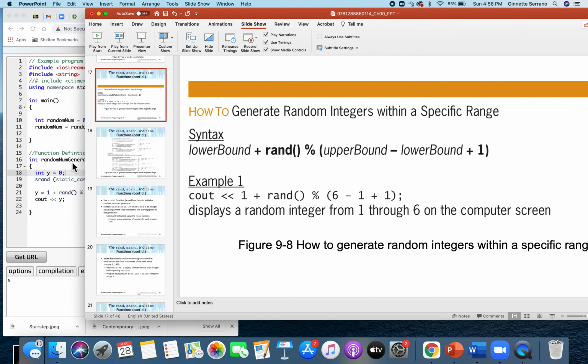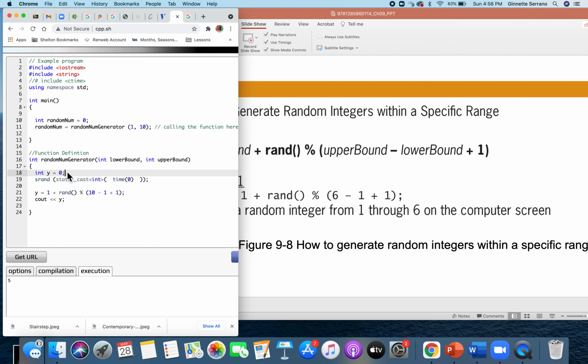Okay, so here we're going to do that. We're going to put lower bound, upper bound,